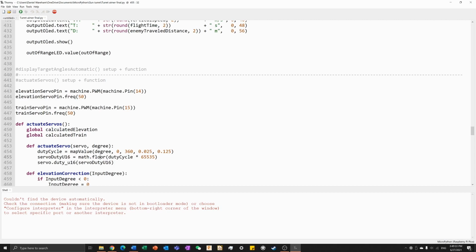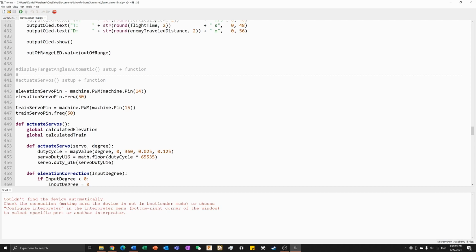The signal pins make use of a PWM signal that has a frequency of 50 Hz, and you vary the angle of the servo by varying the duty cycle of the PWM signal. For my specific servos, which are 360 degree servos, which are different from the normal 9-gram servos that only range between 0 and 180 degrees, the duty cycle that they take in is between 0.025, which is 2.5%, and 0.125,